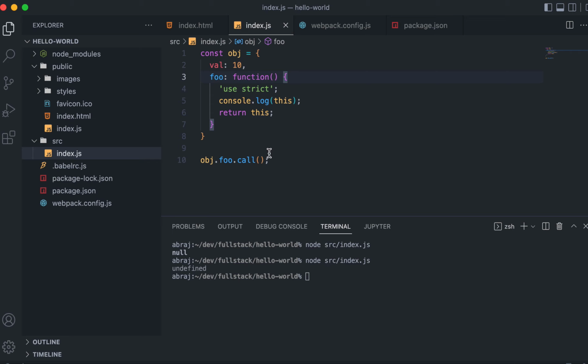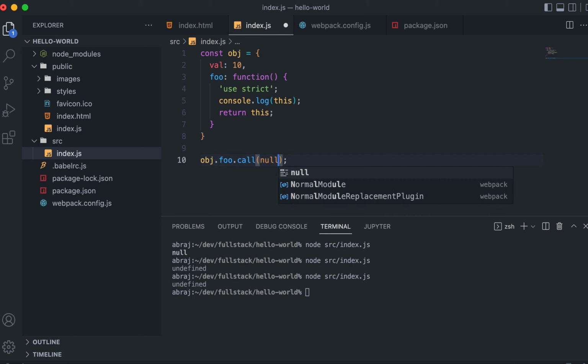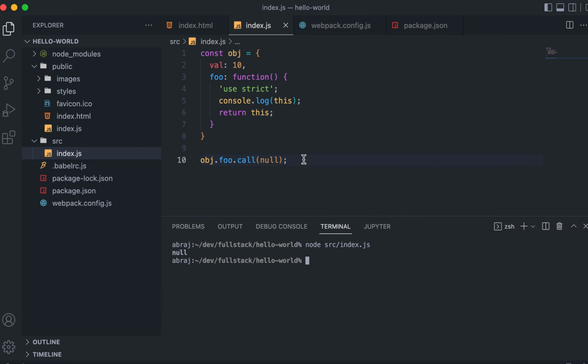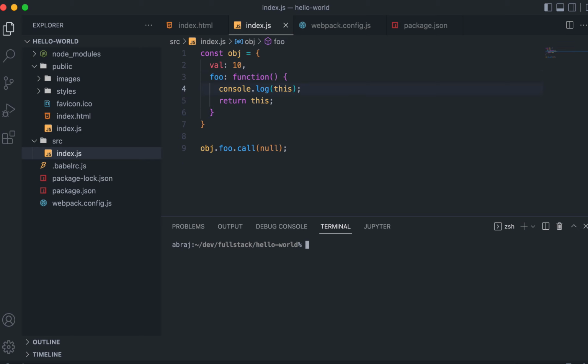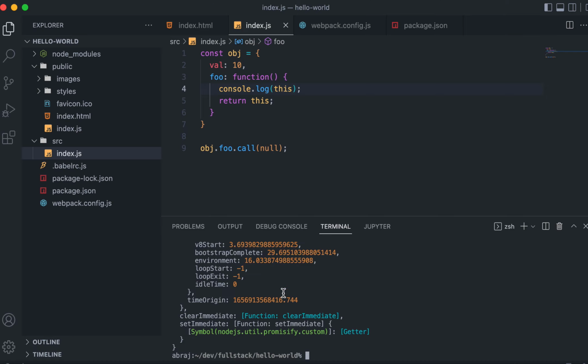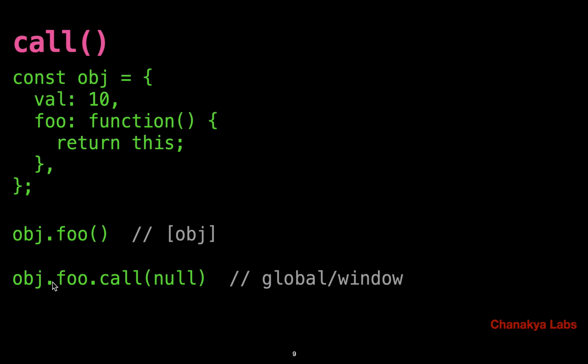Because in strict mode, if you pass undefined or nothing, then it is undefined. If you pass null, then only it is null. That is the behavior, right? If you don't use strict mode, then that is going to be global. That is fine. Which means that if we would have used